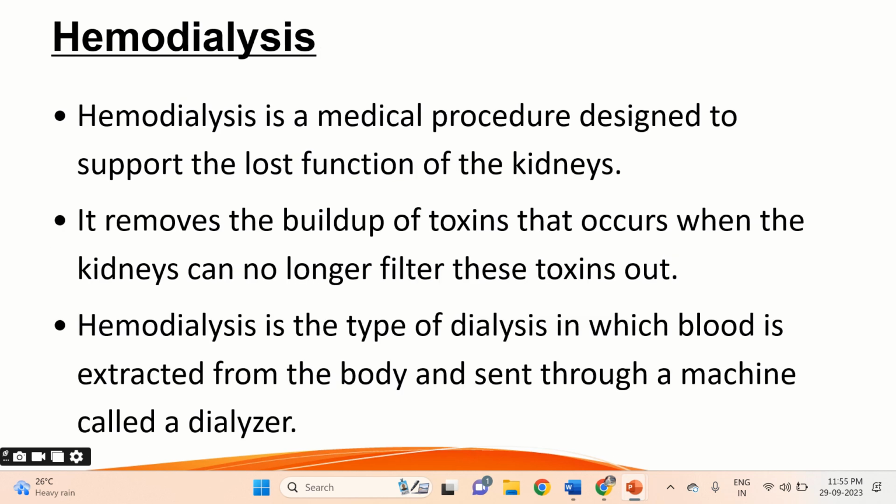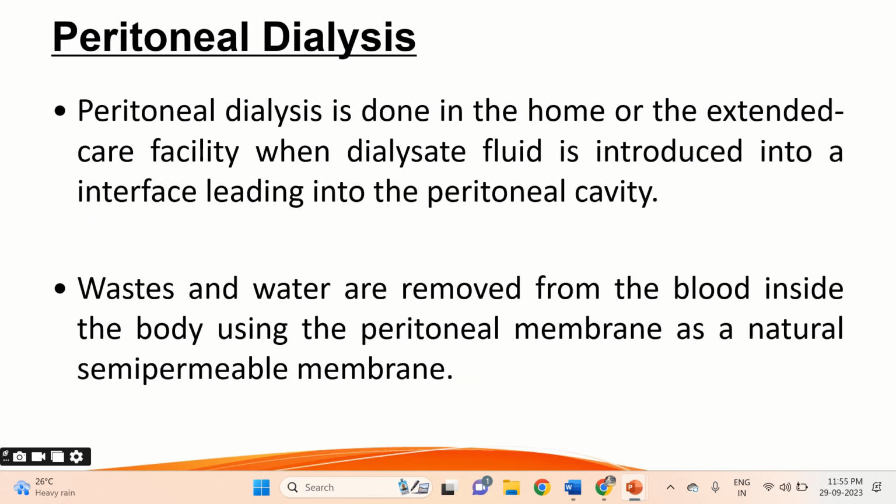Hemodialysis is a medical procedure designed to support the lost functions of the kidneys. It removes the buildup of toxins that occurs when the kidneys can no longer filter these toxins out. Hemodialysis is the type of dialysis in which blood is extracted from the body and sent through a machine called a dialyzer. On the other hand, peritoneal dialysis is done in the home or an extended care facility when dialysate